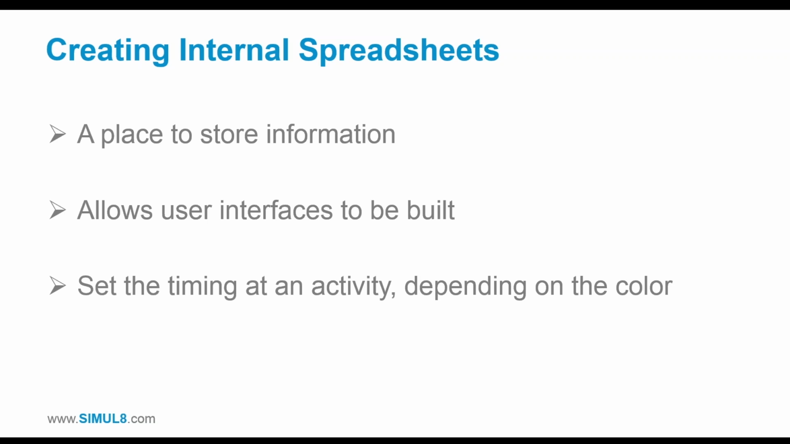As I mentioned as well, spreadsheets allow us to build simple user interfaces. It gives the user a really easy platform to input data in a familiar environment, and then that data can be used within the simulation to drive lots of different parameters, such as the number of resources. It can drive the timing of activities. We can even get to the stage where we have spreadsheets which Simulate will read from to build self-building simulations. What we're going to take a look at is setting the timing at an activity depending on the color of the car which is passing through